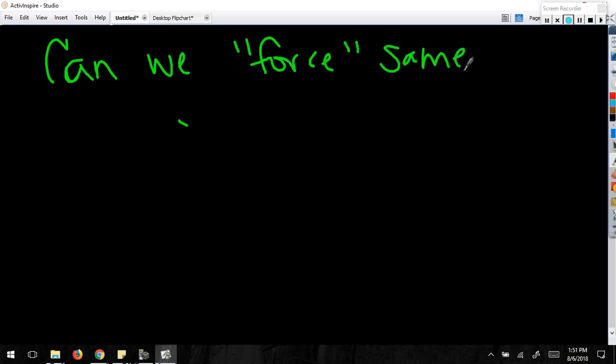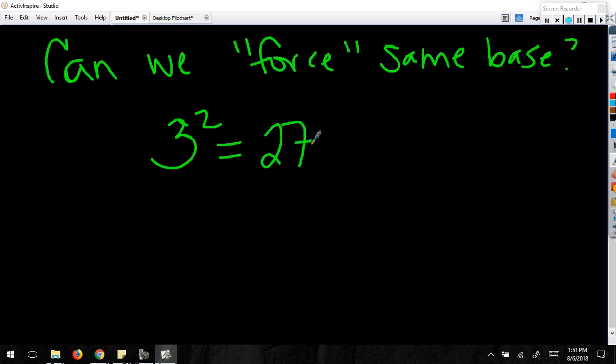So let's think about this. And I'm going to put a little note here. Can we force the same base? For example, if I had 3 to the second power equals 27 to the x. Well, you may recognize right off that 27 is the same thing as 3 to the